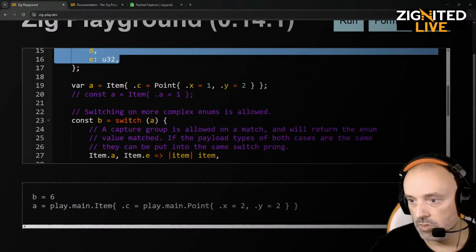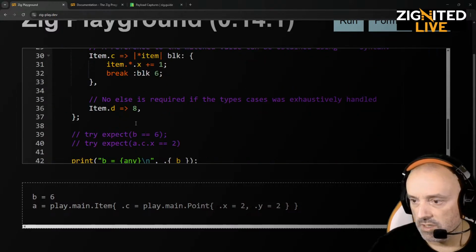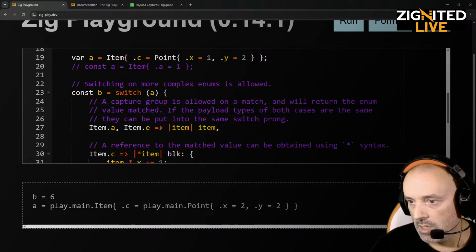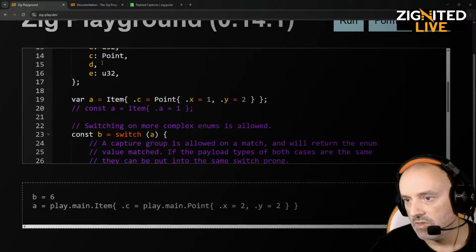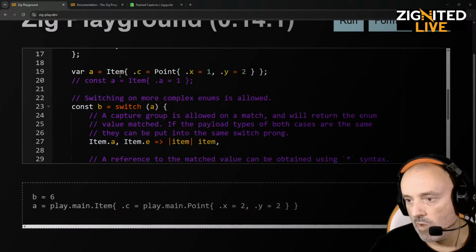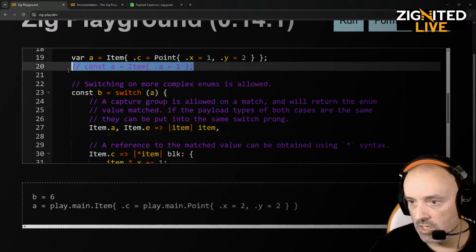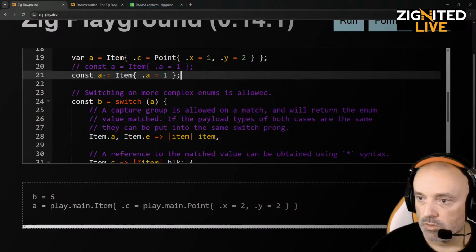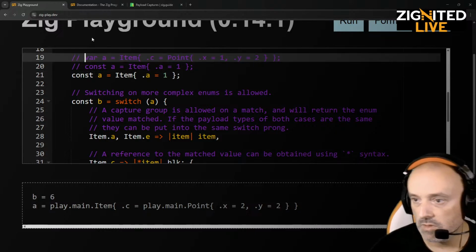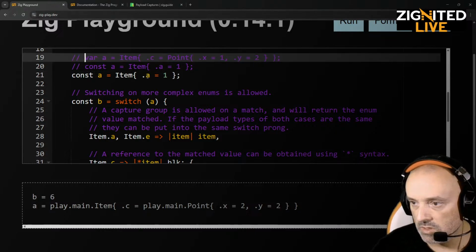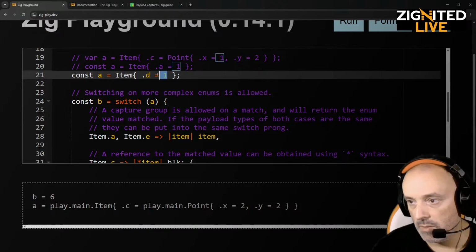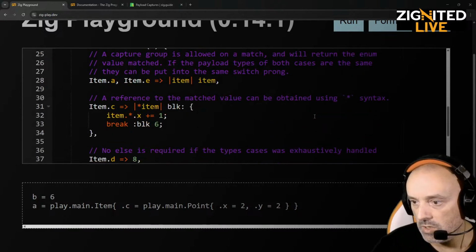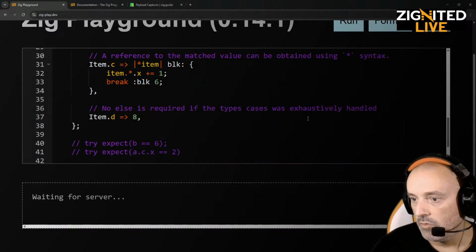So they just say simply if it's D, should be 8. And let's make it D. What is D? Is void. Okay, so let's just say here, const A, I will comment out this. It can be var also, but let's say const, and let's say dot v, and I believe with void I don't even have to assign. This is enough so that it becomes d, and then we expect to see void